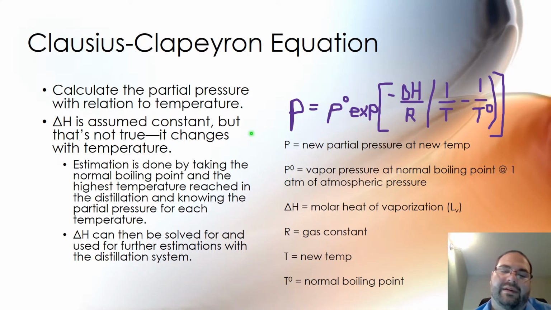Now, some of you may be going, well, wait a minute, because some of you may have had some of this, I don't know. But delta H varies with temperature too. So that's the problem with the Clausius-Clapeyron equation: even though you're able to make an estimation with it, you still really can't make much of an estimation, because delta H also varies with temperature just a little bit, and it depends on what it is, because sometimes it's a significant difference. So we kind of have to fudge a little bit, and it turns out that it's generally